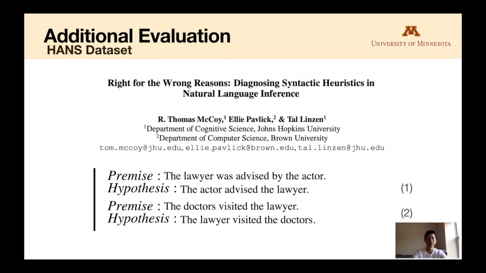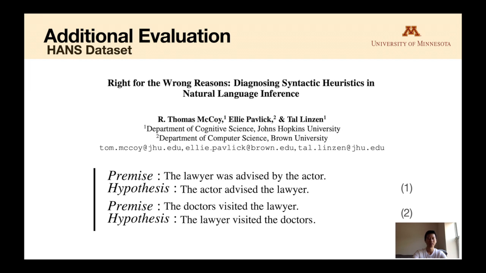Other than evaluating our models using GLUE datasets, we want to make sure that our models really learn rather than simply adopting shallow heuristics. Therefore, we used the HANS dataset described in the paper "Right for the Wrong Reasons." This paper investigated whether neural network architectures are prone to achieve success by adopting shallow heuristics rather than learning the